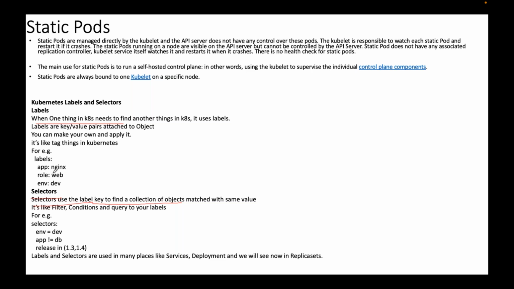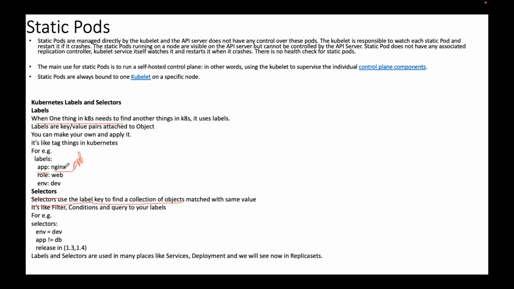Why the key values are not same? You can give app colon app, but does it make any sense? This key and this value also you can use same. Does it make any sense to you? Like if I say app role env, does it make any sense? You can use key also as app, value also as app.